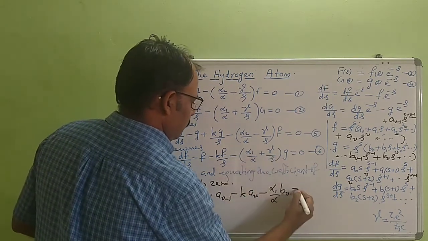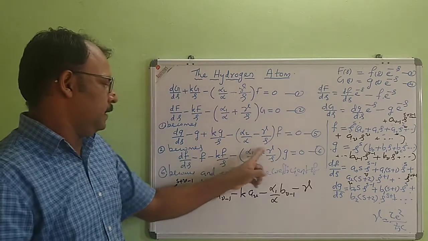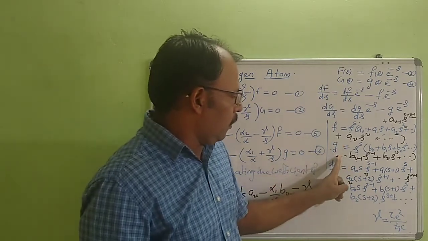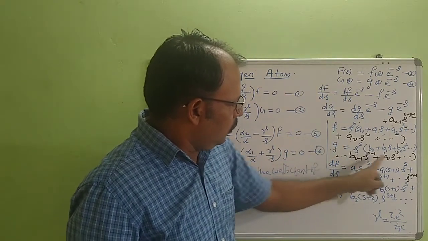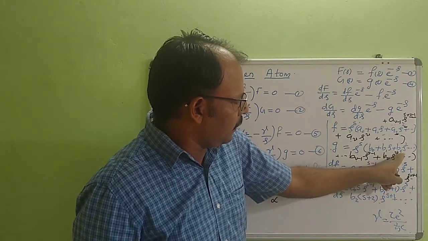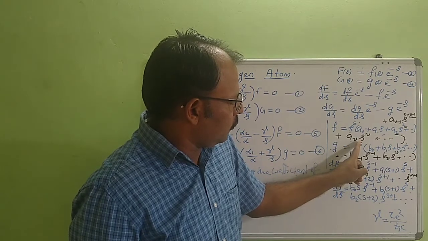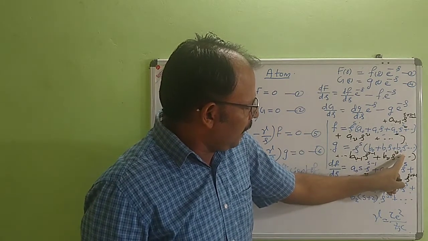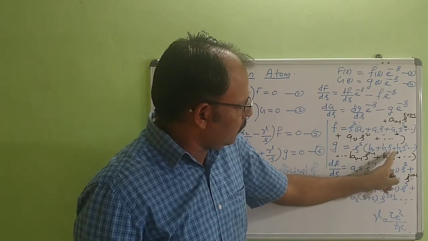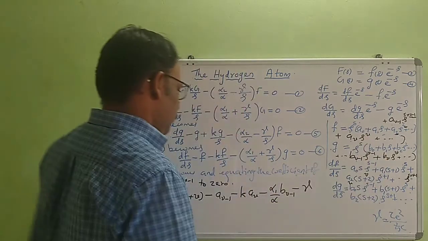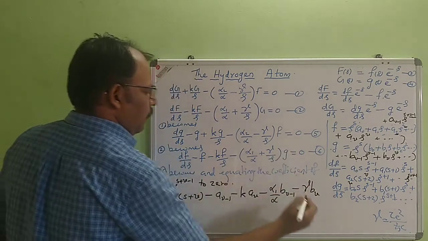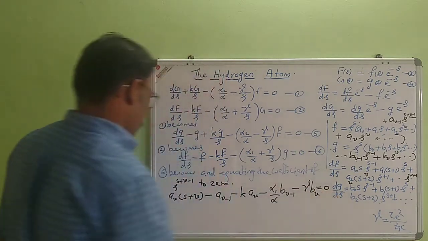Now minus gamma, here we are dividing by rho. So g by rho. When I divide by rho, bv rho raised to v by rho, it will be rho raised to v minus 1. Multiplying by rho raised to s, it will be rho raised to s plus v minus 1. So when I divide g by rho, the coefficient of rho raised to s plus v minus 1 will be bv. So minus gamma bv, that is equal to 0.